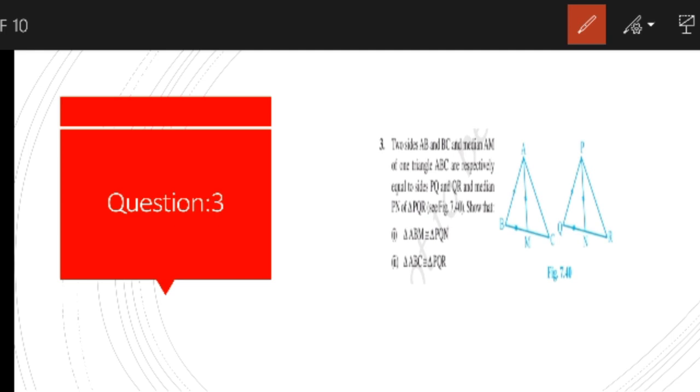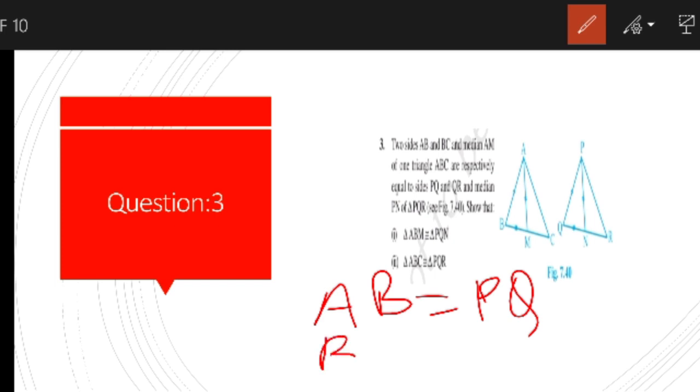Show that, number 1, triangle ABM is congruent to triangle PQN, and number 2, triangle ABC is congruent to triangle PQR. So here the givens are AB equals PQ, BC equals QR,